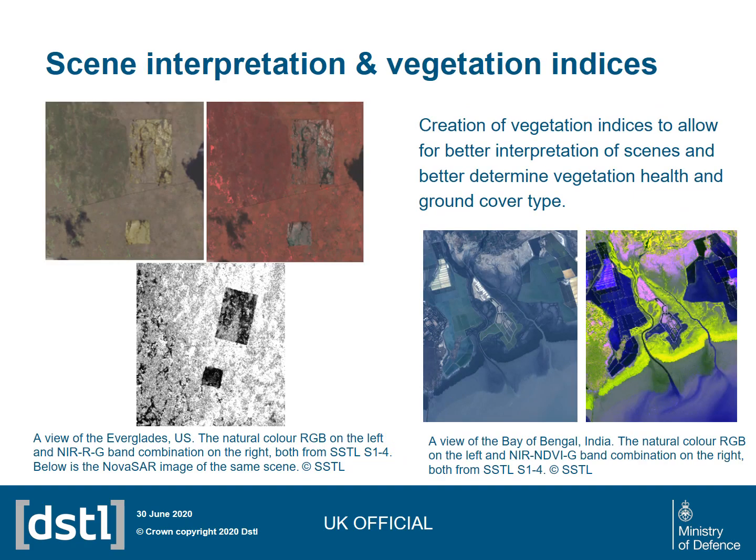By using the different bands on the multispectral images from S1, we are able to create a variety of vegetation indices. Health of the vegetation and classifying vegetation coverage and ground type can all be assessed with different combinations. By comparing these vegetation indices, we can make sense of puzzling features that are shown by SAR images. This is highlighted well in the Everglades image on the left, that has mysterious rectangular features with different reflectivity, and using the vegetation indices we can tell that this is because of different levels of vegetation cover on areas cleared